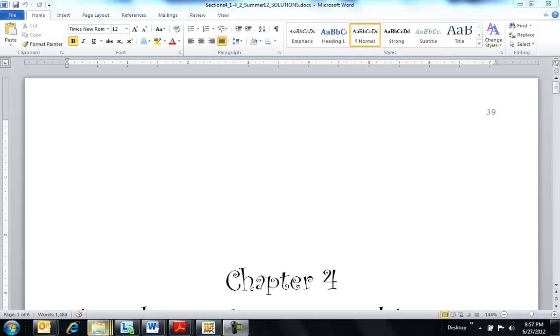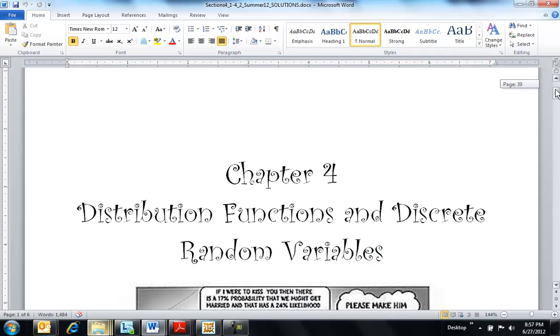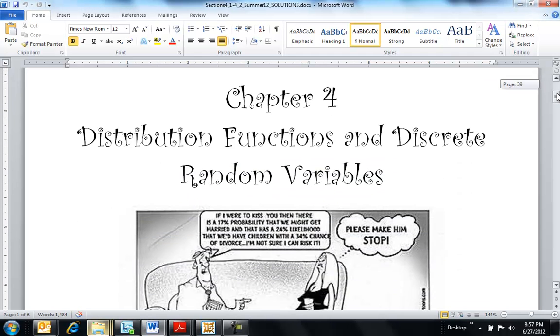Hi, I finally just figured out why my volume is not working. I had the wrong speaker or the wrong microphone or something. So now I'm redoing this for the third or fourth time. I'm not sure, so I hope I don't rush, because sometimes when I redo something, I'm just like, get through it.